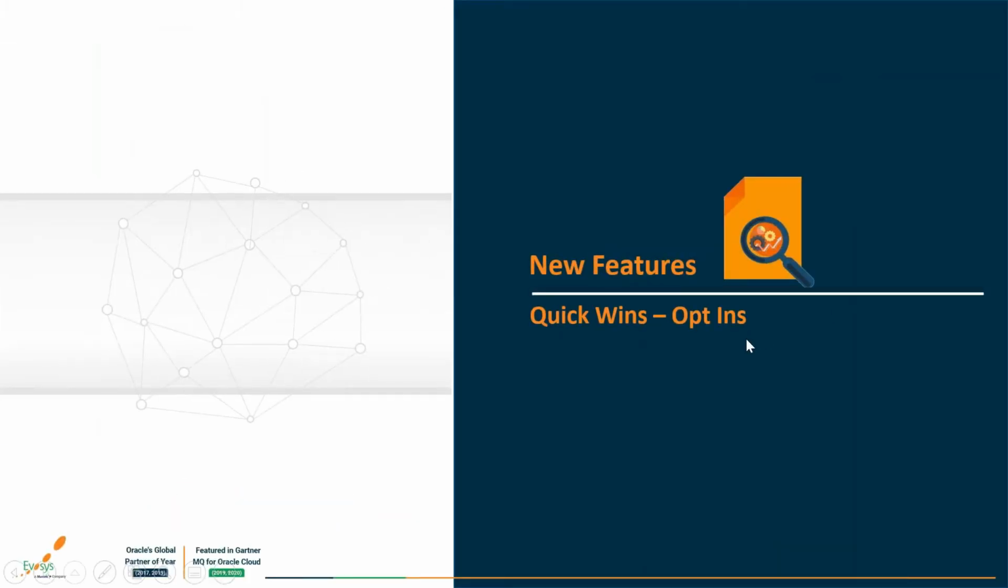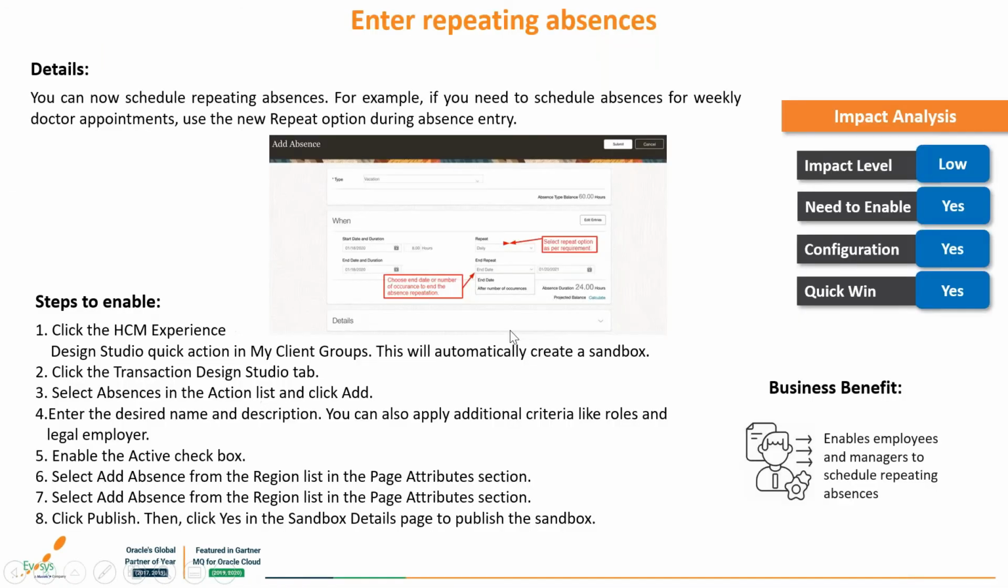The next section that we're going to cover is quick wins, which are opt-in features. The first one that we have here is enter repeating absences. Post the 21D upgrade, employees will be able to enter repeating absences. So let's say you are taking every Friday off for a recurring medical appointment. What you just need to do is record the absence once,